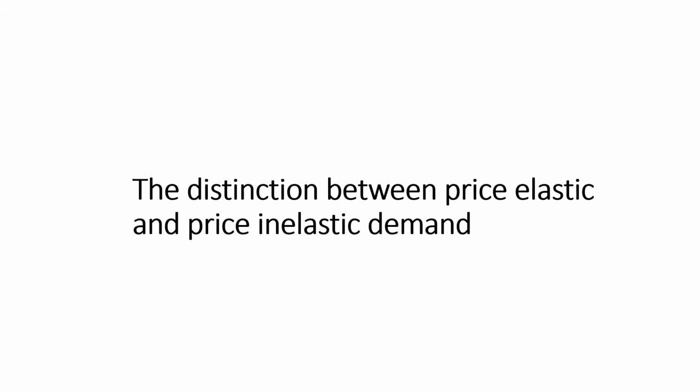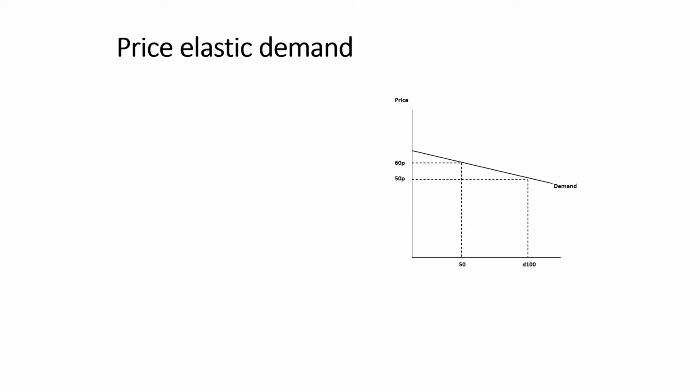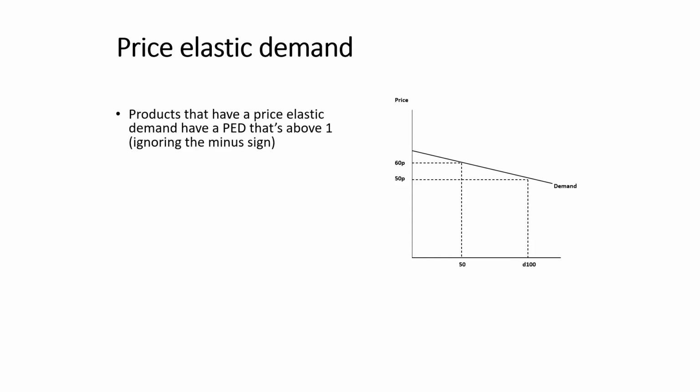So let's look now at the distinction between price elastic and price inelastic demand. Let's look at price elastic demand first. Products that have a price elastic demand have a PED that's above 1. This is ignoring the minus sign. What I mean by this is that all PED numbers are negative because the demand curve slopes downwards from left to right. So what we're saying there in effect is that if the PED is a whole number or more,